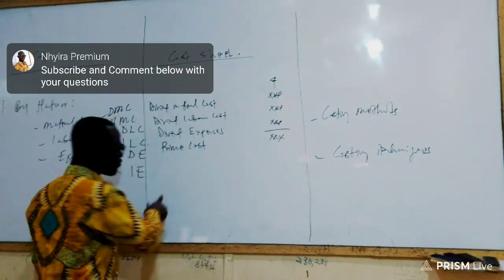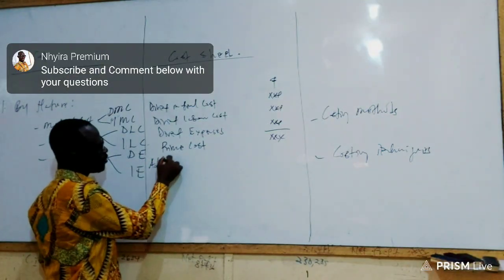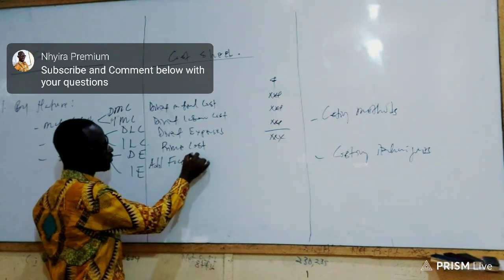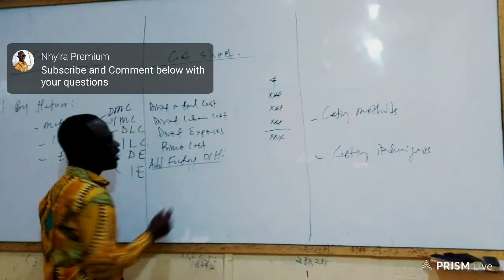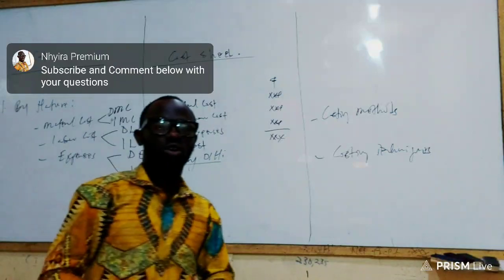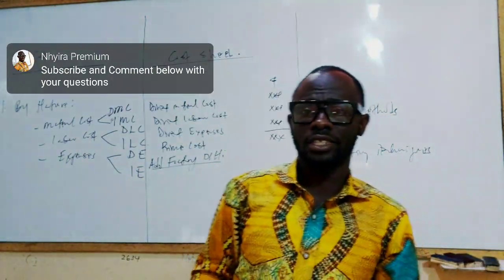So after we get the prime cost, we add factory overheads. Now when it comes to the factory overheads, we could have variable factory overheads and then